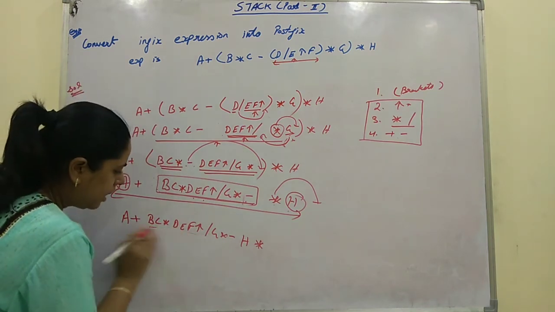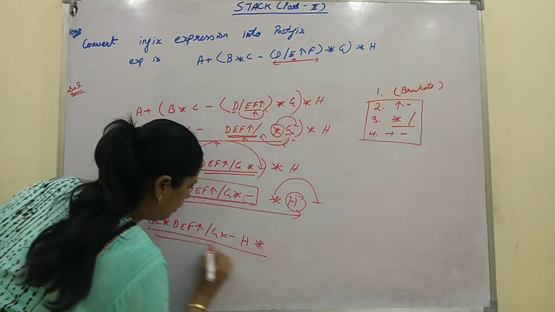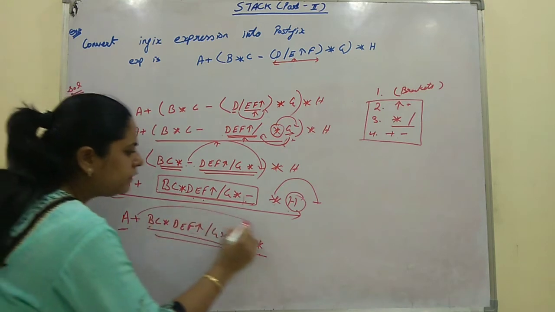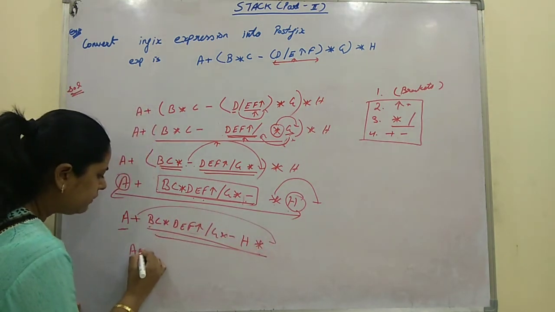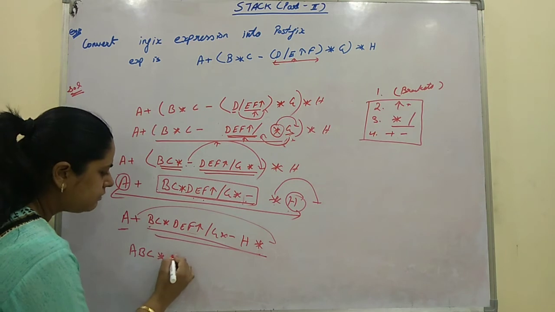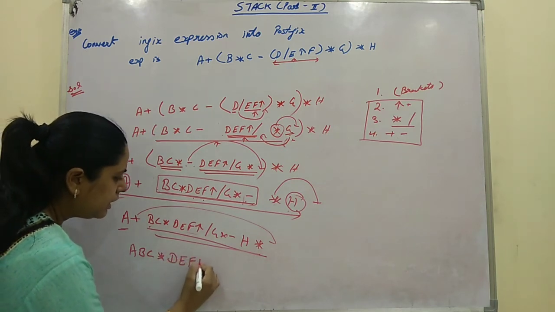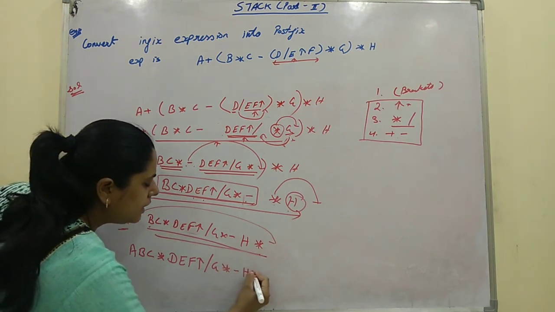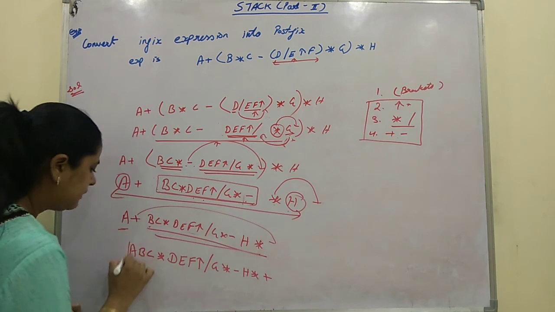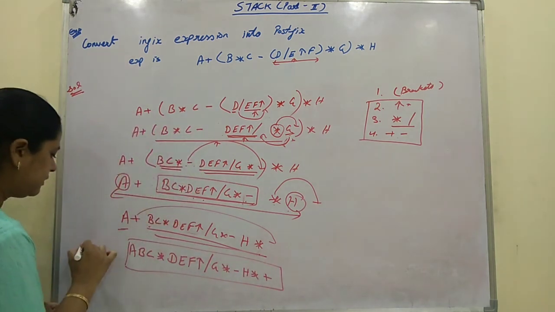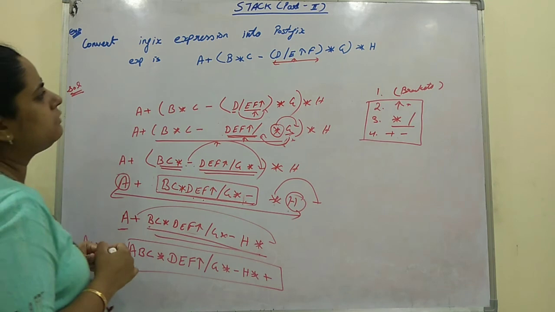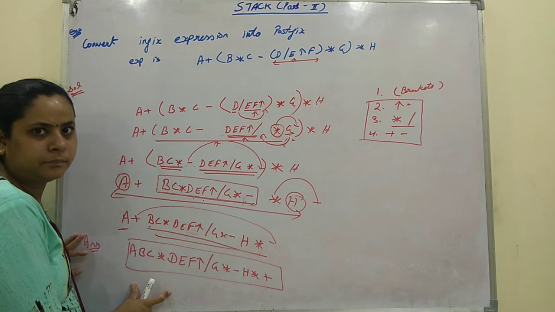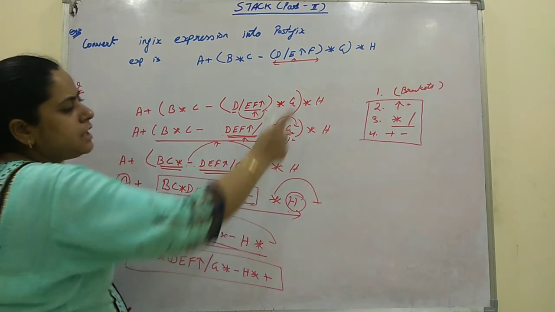Got it? Now this will become one operand and this will become one operand. We are left with only this operator. We'll shift it here. So our final expression will be ABC asterisk D E F exponent slash G asterisk minus H asterisk plus. This is our final answer after converting this infix expression into postfix form. This is how we'll solve using the precedence